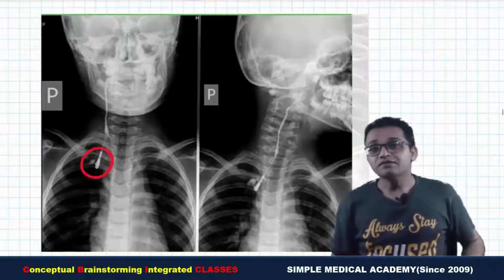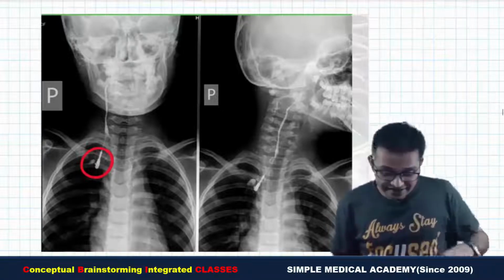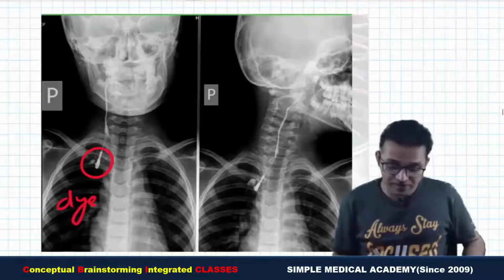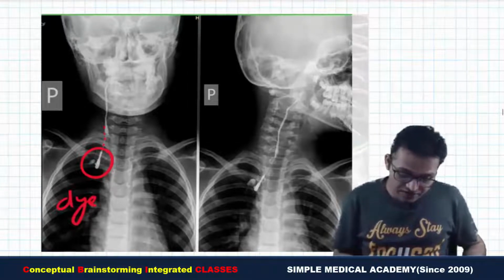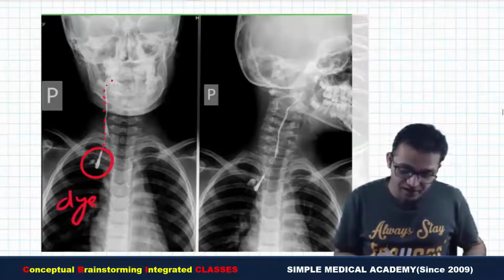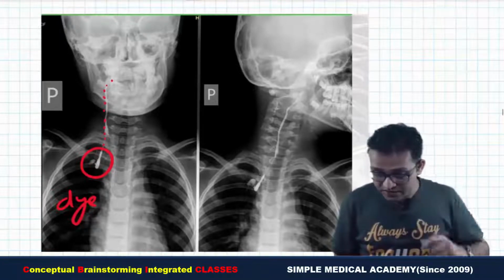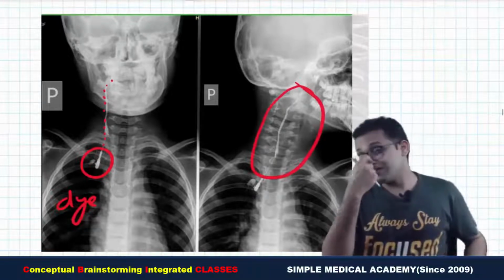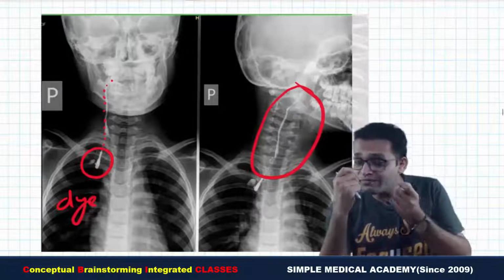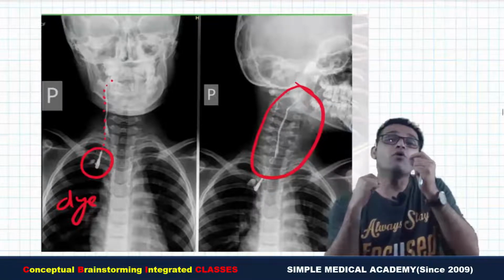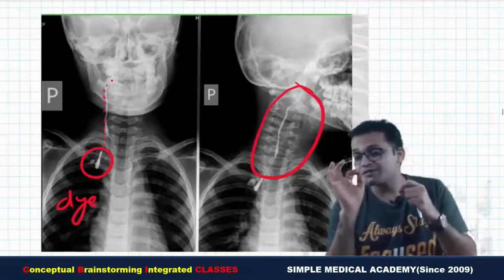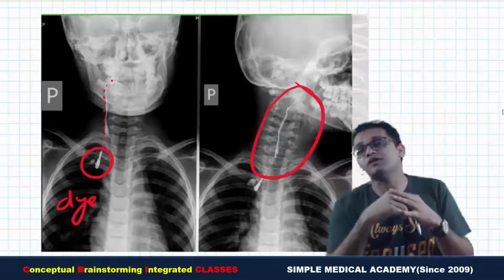You are inserting the needle and injecting the dye, radio opaque dye. So can you see the pathway is traced and the dye is coming up to the mouth. You can see the dye is reaching up to the mouth. The taste of the dye may be felt by the patient. If both sides are open and taste is felt by the patient, then it is a cervical fistula.